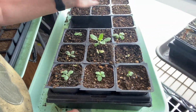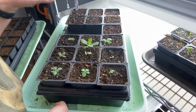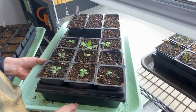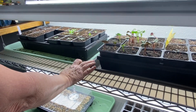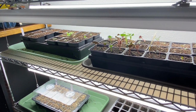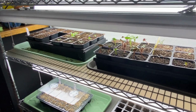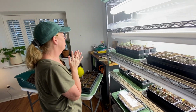So I don't know. The germination rate, I'm going to have to go back and look. Now I know these take a little while, and we have had a hard time starting black-eyed Susans or Rudbeckia from seed. So I know it's a challenge, but we're really going to start working on some of these cells that don't have anything coming up yet, and we might just go ahead and put some vermiculite and get those domed. We'll get them domed and see how they do, and hopefully we'll get a little more out of them before it's time for them to go into the greenhouse or